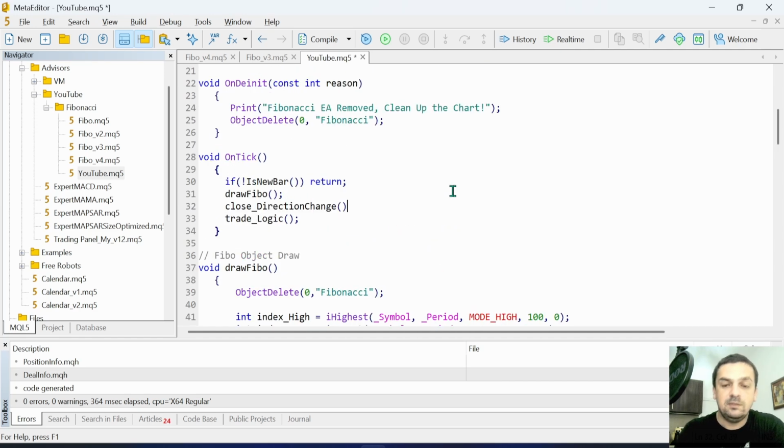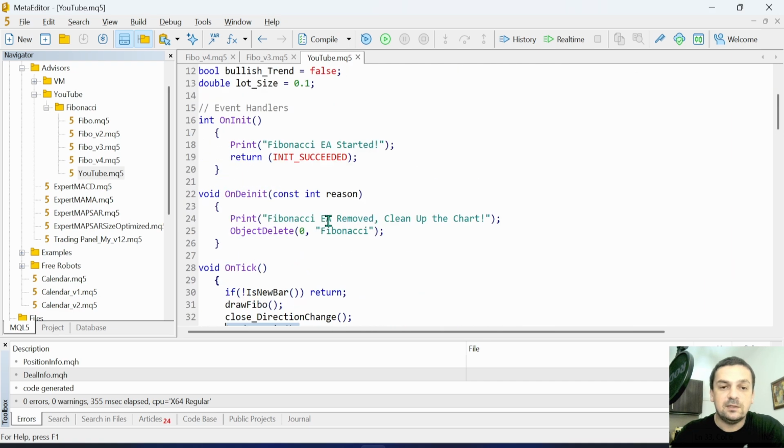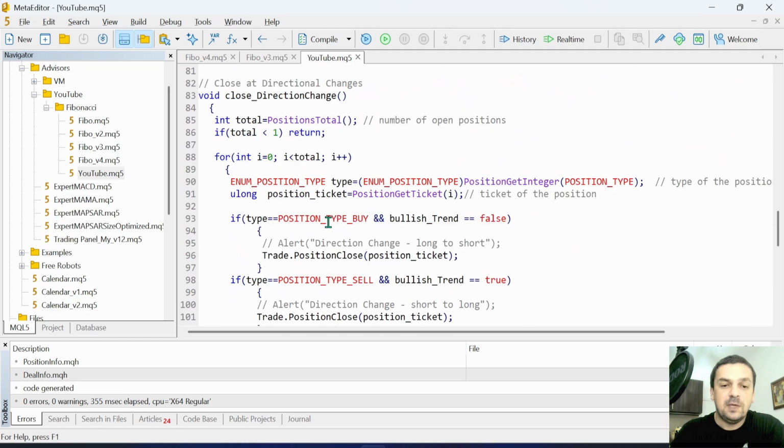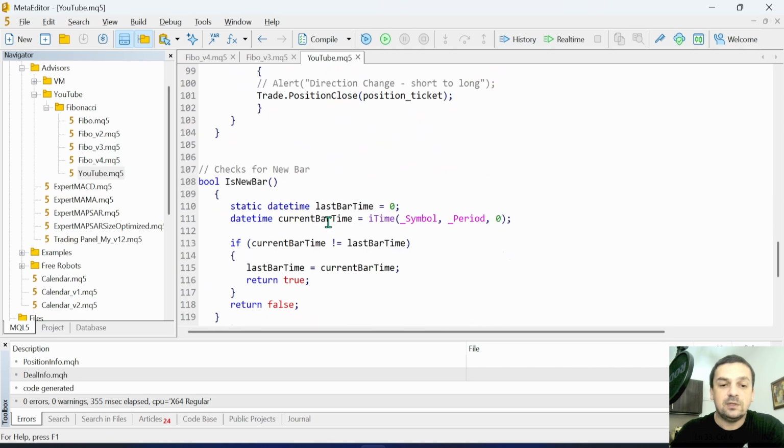I want to place it before the trade logic, because if there is a reverse in the direction, I want first to close the positions, and next to run the function that executes new trades. Okay, I think this is an improvement here, and maybe at this point you could start thinking about different